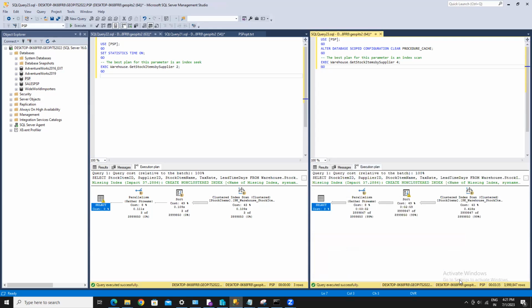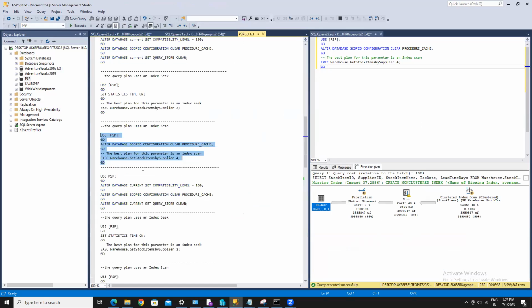Yeah, we got it. It's the same thing, because we fixed the previous things also. So now I'm just going to change the compatibility.